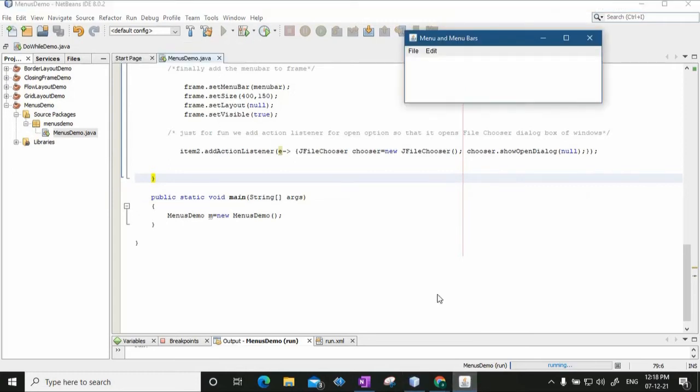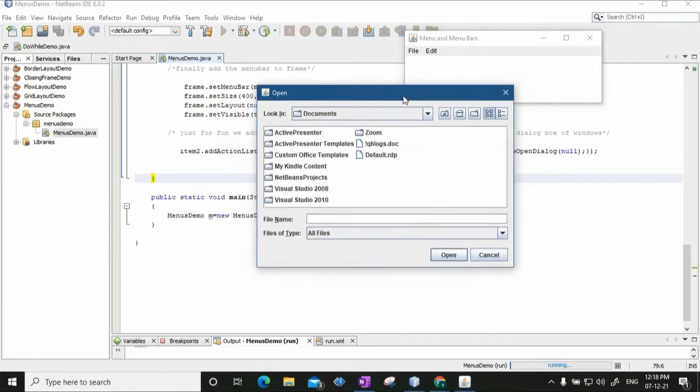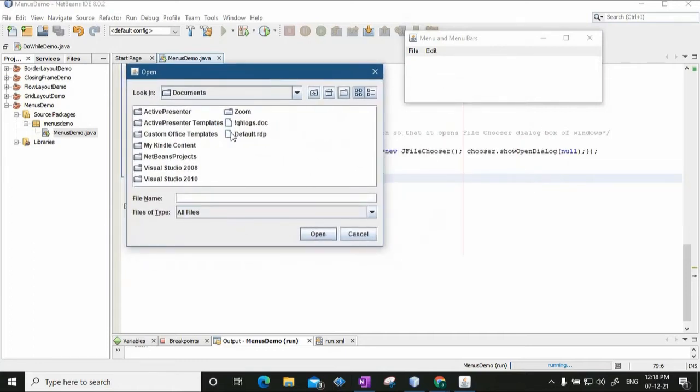So what happens if we include this? If I click on File and now click on Open, what will happen? Add action listener is going to listen for the event that item2, which is the open menu item, has been clicked, and it is going to take a particular action. So if I click on open now, see, it opens the dialog box.